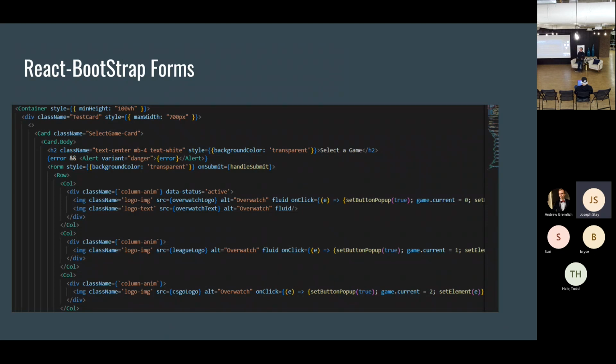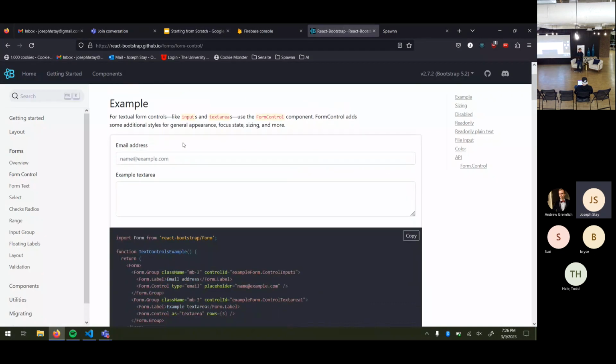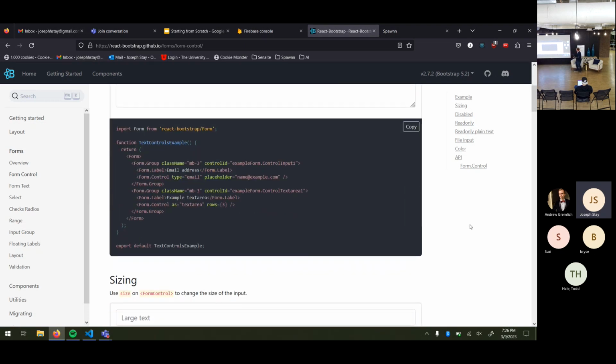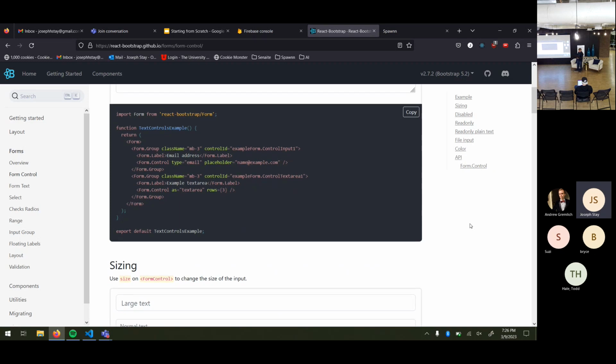Just React Bootstrap in general is actually one thing that I found was incredibly helpful. It makes it a lot easier to imagine how you're going to design, in this case, forms, because with forms, it is very row-column-esque. And so they just have rows and columns within React Bootstrap. But not only that, it does a lot of the base designs for you. So it automatically looks really nice from the get-go. When you click on it, it automatically has that highlight effect. You don't have to worry that much. All you have to worry about is changing some of the CSS and such.